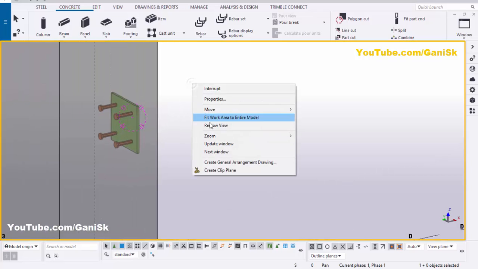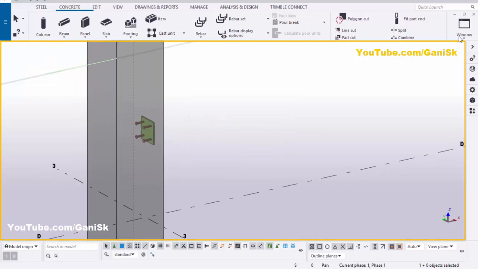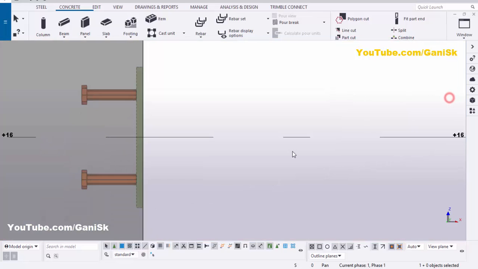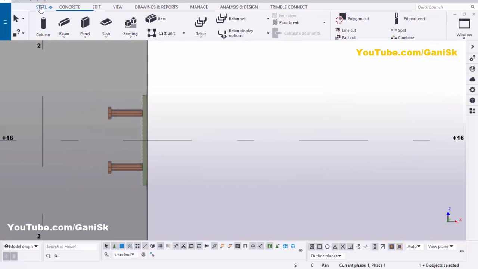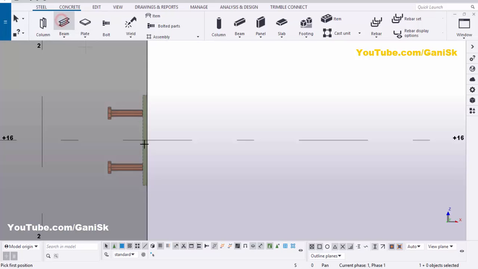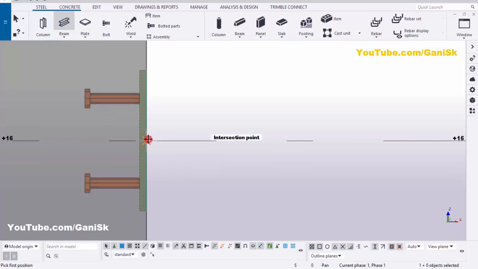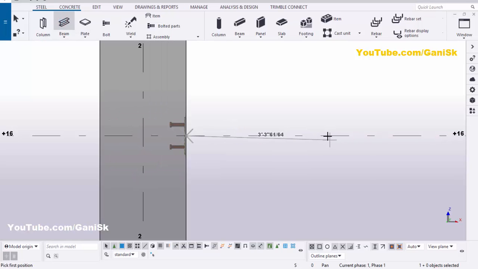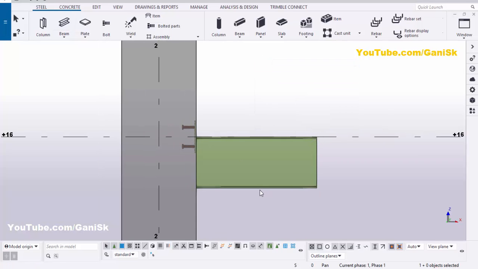click on space, click on pseudo. Now we're going to create a beam. So click on window and select elevation along grid B. Now click on steel and select this beam and pick the first point here and pick the second point here to place the beam like this. Right click to interrupt. Now double click on this